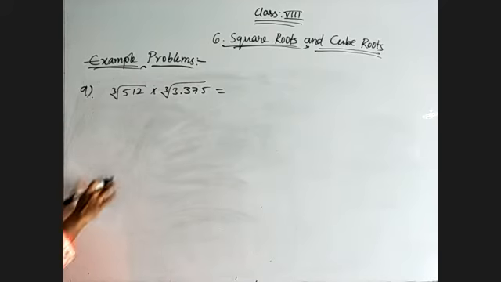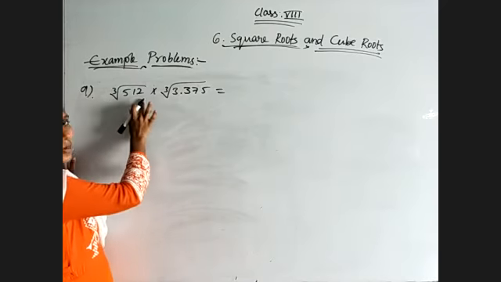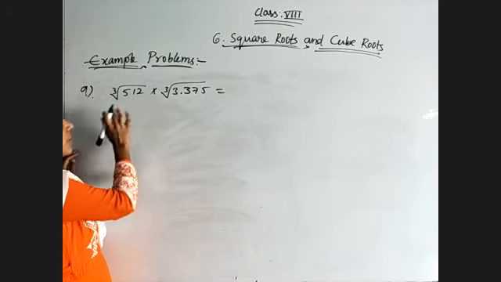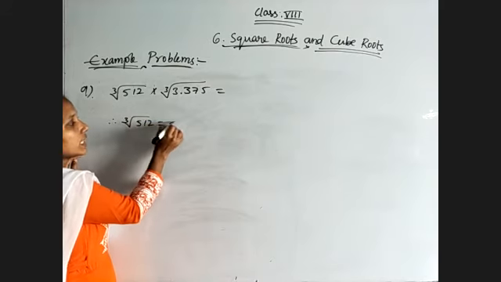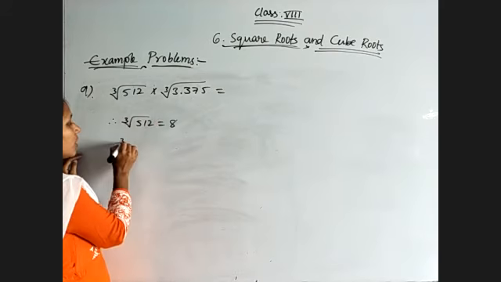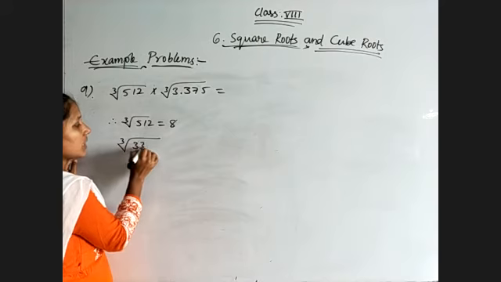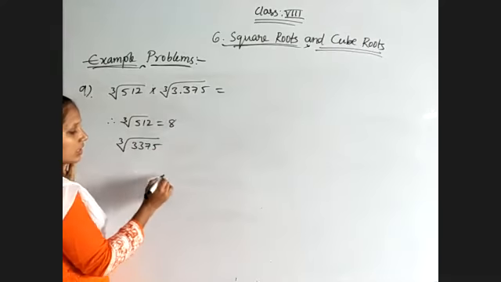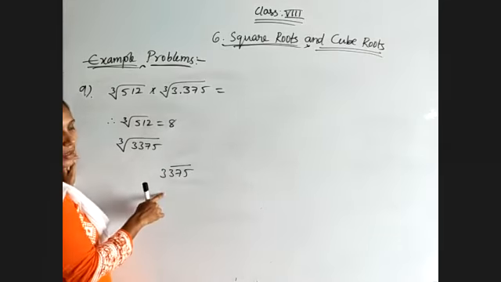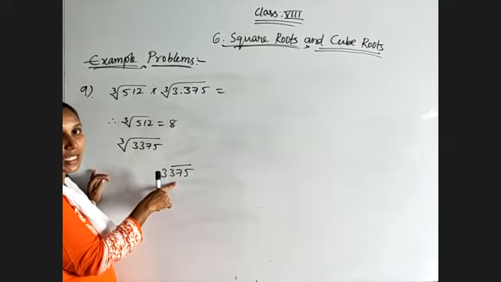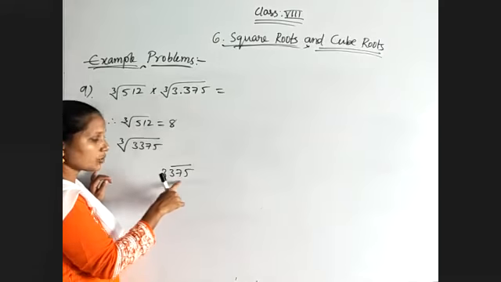Like that we must. So now just observe 512. We know that it is the cube value of 8. Therefore the cube root of 512 is 8. And the cube root of 3375 we must find. We just observe, we have two groups by the estimation method. In the estimation method we will get the value easily. So only two groups are there.